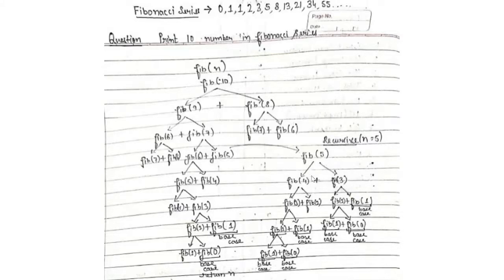So how do I calculate my 4th Fibonacci number? Again, by adding up Fibonacci numbers present at 3 and 2. And how do I calculate 3? Again by calculating 2 and 1. And how do I calculate 2? Again by calculating 1 and 0. And how do I calculate 1 and 0? I do not calculate them. These are my base cases over here.